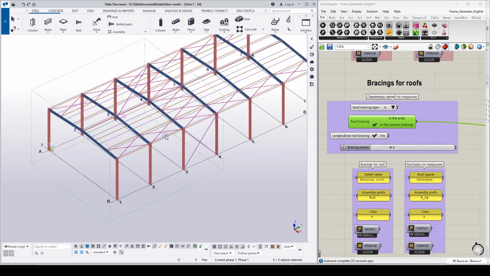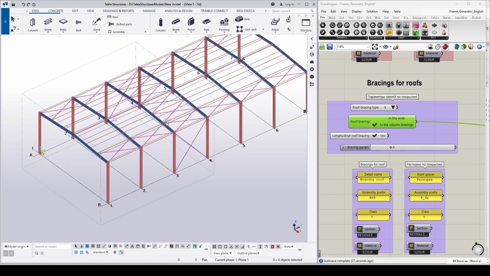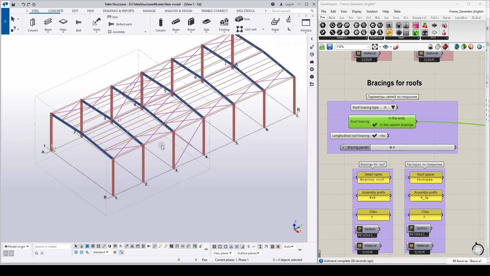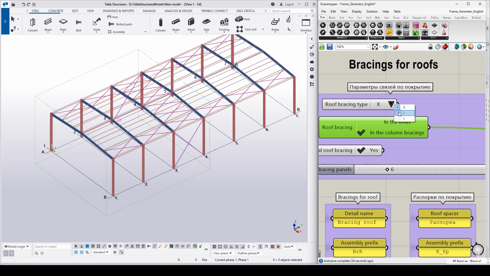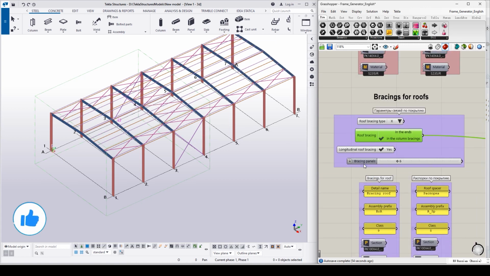To show how bracing for the roof works, I adjusted our warehouse. So now we can see in more detail what kind of parameters we can adjust. So of course we can change the type from X to just one diagonal. Both options can work. So we can adjust bracings in the ends and follow the columns. So right exactly here. I personally don't want to delete it,